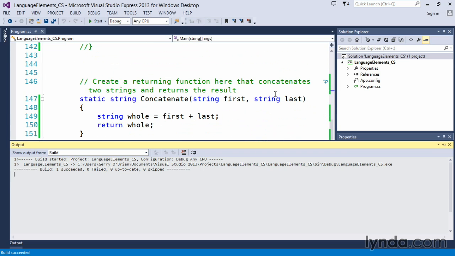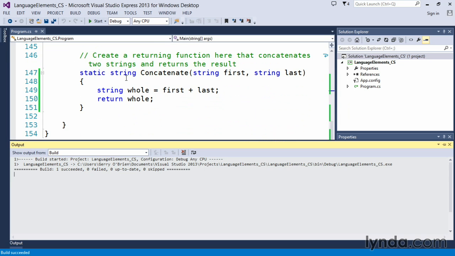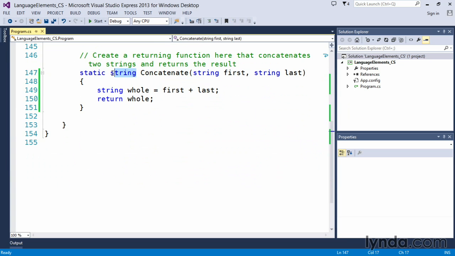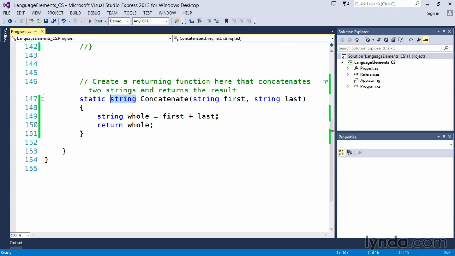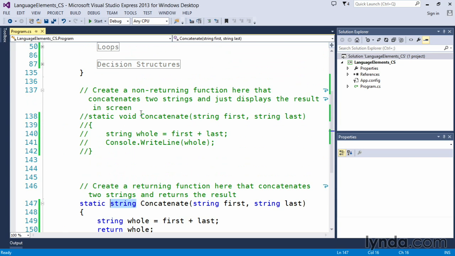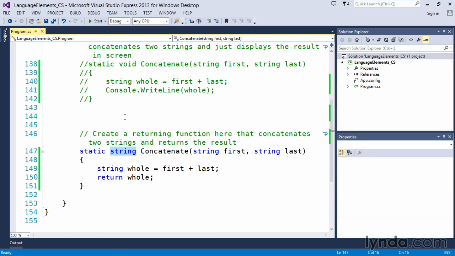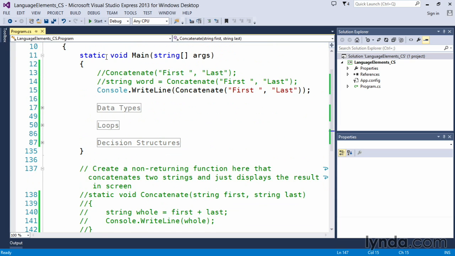It's very important to know that if you are writing a function that is returning a value, you have to specify the data type that will be returned, okay? So that's functions in a nutshell. It's a very quick and short introduction to functions. These are quick and simple functions. There's not a whole lot of information in them, but it does show you how you can create scope modifiers, static. In this case, because we're working with the static void Main,